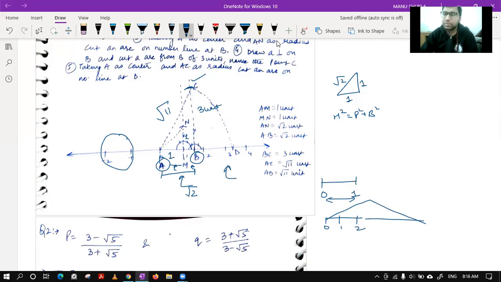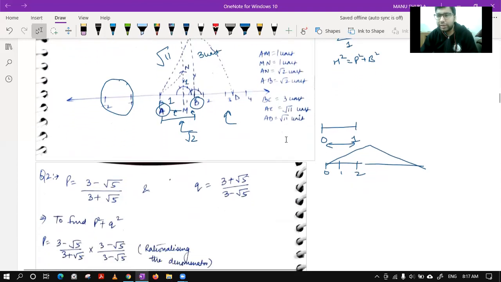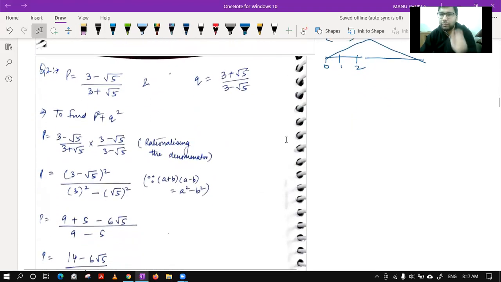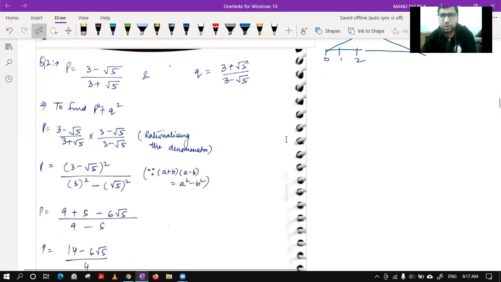Okay, please confirm. Is this point clear to you regarding the complexity of the diagram? Is it clear? Please confirm. Okay, so you can always take the same 2 centimeters as 1 unit to make it a little bit expanded. Now question number 2, again a simple one. You have to find p square plus q square. Many of you might have made mistakes in the calculation only, nothing else.